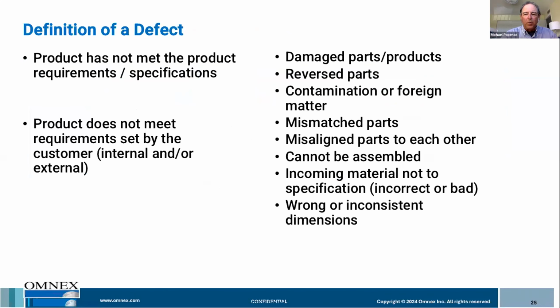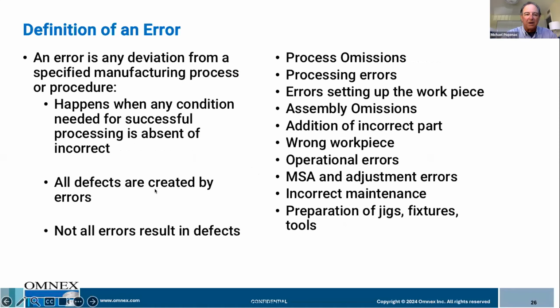So before we go too much further, what's a defect? It's all on the product side. It hasn't met the requirements or the specs. It doesn't meet what the customer needs. And what are some examples of that over on the right? Yeah, parts get reversed, damaged, contamination, mismatched with each other, misalignments, can't be assembled, incoming material, wrong spec, right? Inconsistent dimensions. It's all the stuff that can happen to the part itself,